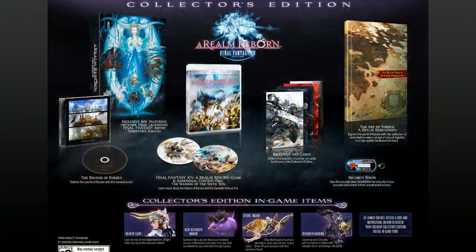I'm quoting right: Collector's Edition and launch day has been announced for Final Fantasy XIV: A Realm Reborn. It's going to come out on August 27th. Collector's edition details: we have the box, which has artwork designed by Yoshitaka Amano, an 80-page hardcover art book. There's a DVD or video disc, maybe it's on Blu-ray if you get it on PS3. The Waning of the Sixth Sun, which will take a cinematic look at the events that led up to the